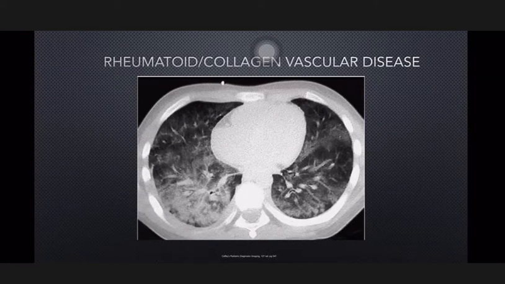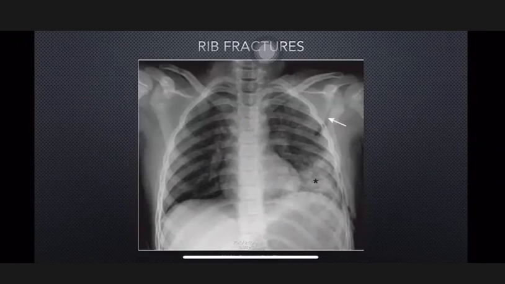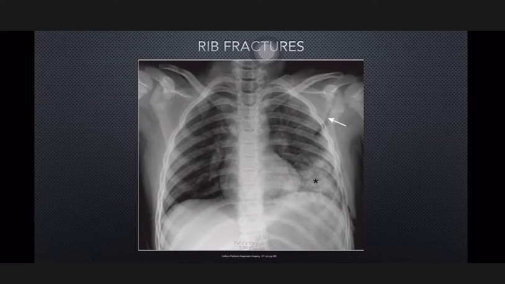So next is lung trauma. Rib fractures occur as a result of blunt trauma, such as falls or motor vehicular accidents. Although in children, the ribs are more flexible than those of adults, and substantial lung injury can be seen without rib fractures. This frontal chest radiograph shows fractures of the 7th to 9th ribs